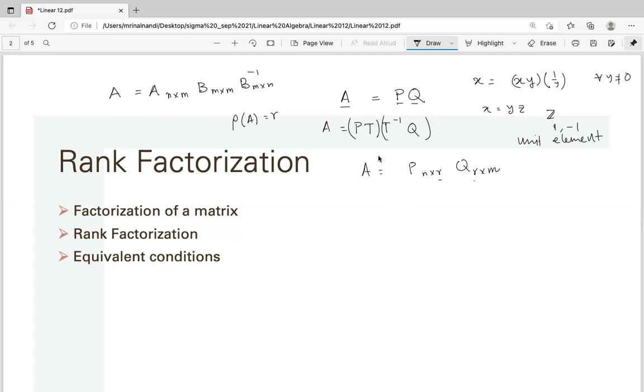It is clear that if A equals PQ and rank of A equals R, and you have another factorization, say MN, where M is n cross T and N is T cross m, then T must be greater than or equal to R. Sorry, T cannot be less than R, because rank of M and rank of N